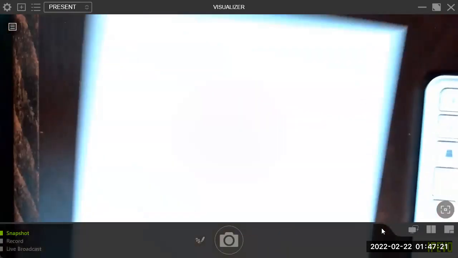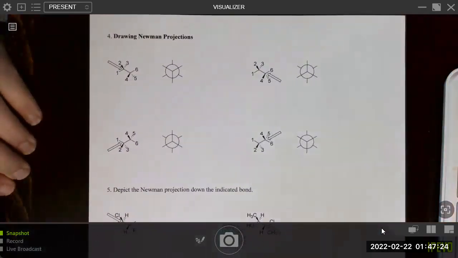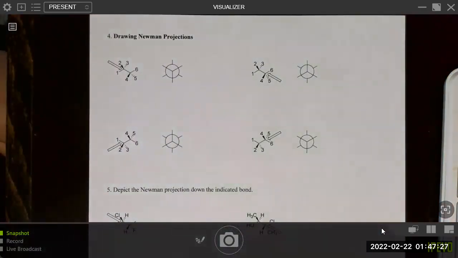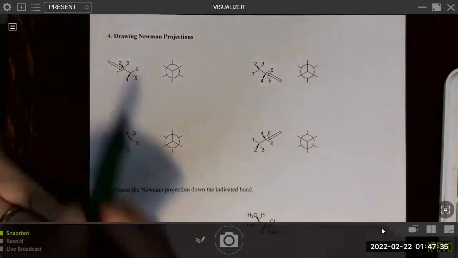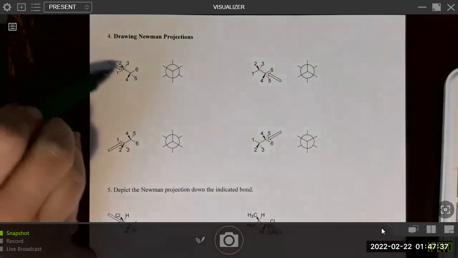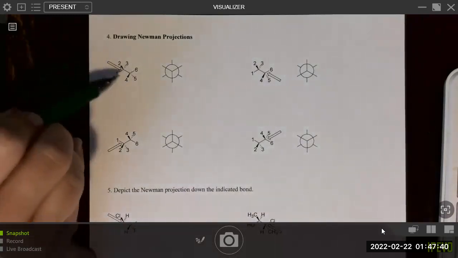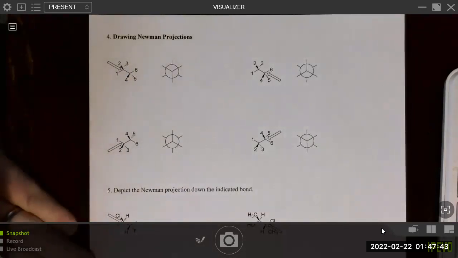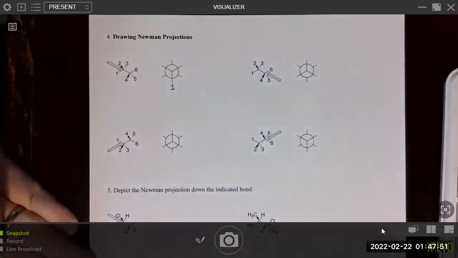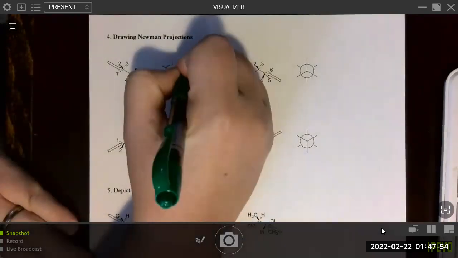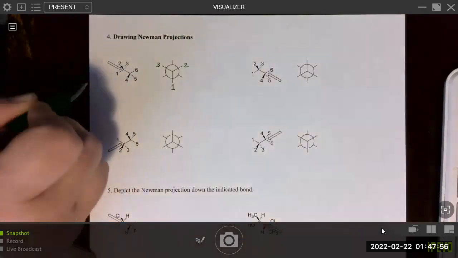Moving on then to the last page of the activity. It wants us to just practice drawing Newman projections. Wow, compared to what we did last, this seems like it should be more straightforward, which is great. Okay, so this is showing you the perspective of how you should be looking down the carbon 1 to carbon 2 bond. And pointed straight down, we have 1. And then sort of off and to our right is 2, 3 being off and to our left from our perspective.